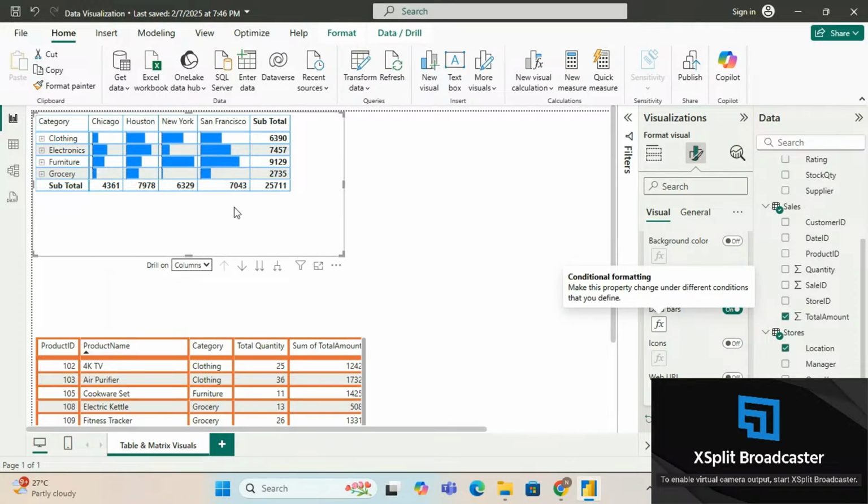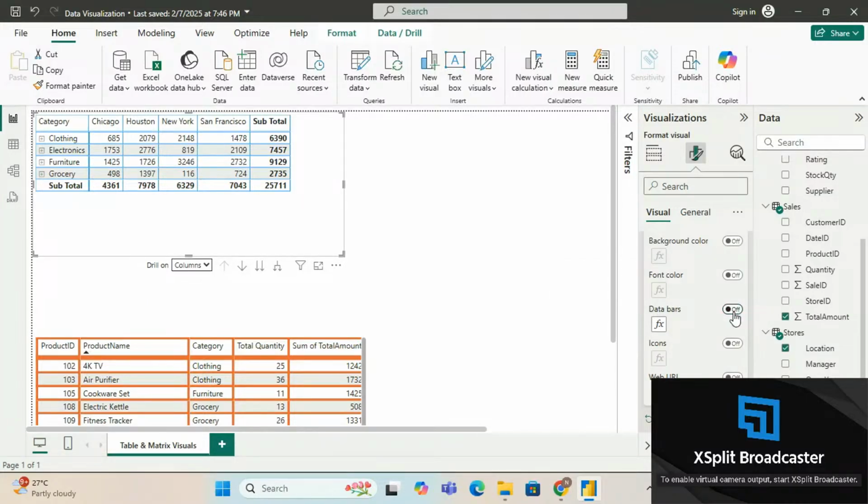You see, I can clearly understand that from San Francisco, under the furniture category, the total amount that we have got is more, and under the New York location, with respect to the grocery category, the amount that we're getting is very poor. How? Just because of the data bars, and I can turn it off. The icons, all these are the same as